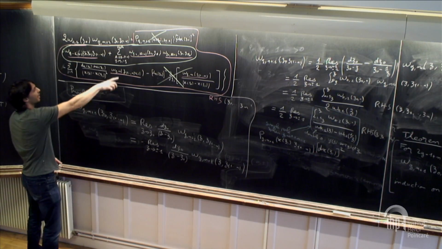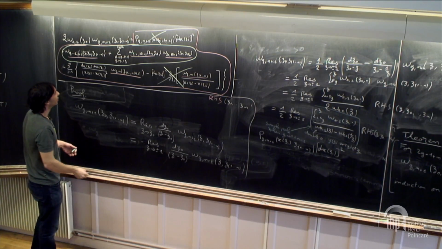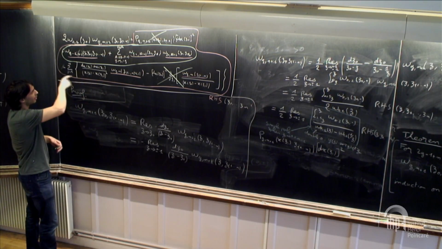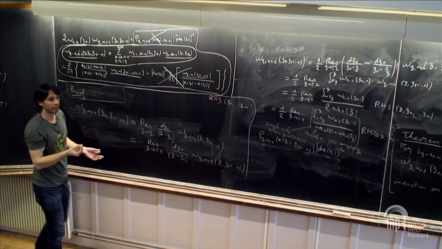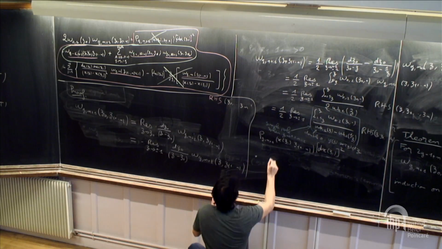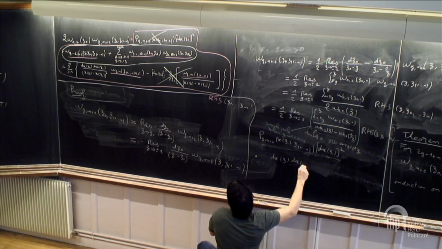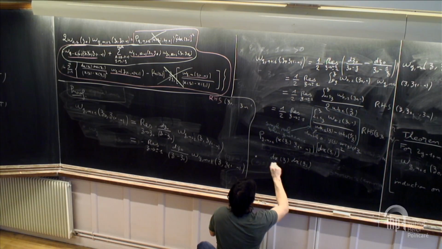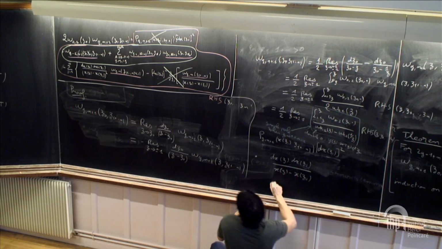So I'm just left with one term in my sum of n terms. And the question is whether this gives any contribution. So I'm left with the term of this form, dx of z dx of zj divided by x of z minus x of zj, squared,